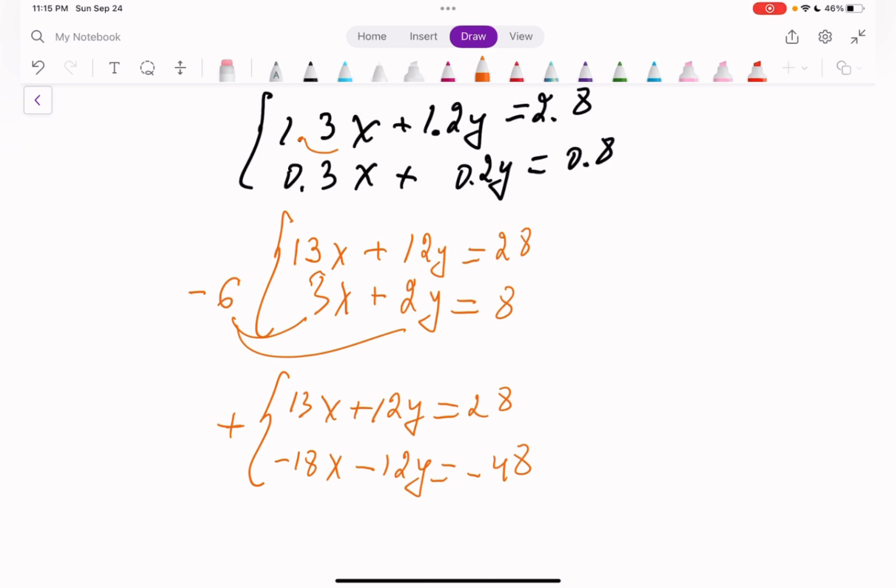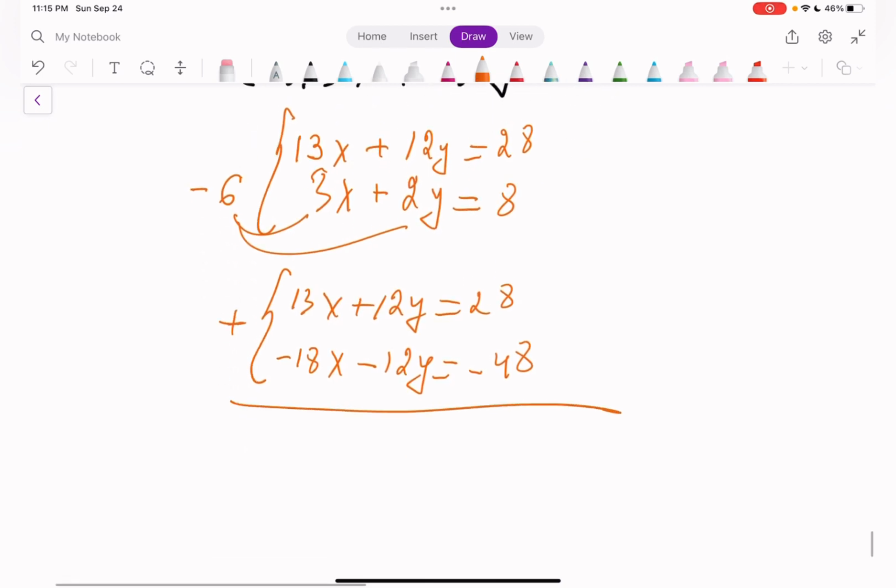All right, let's add it. This and this are gone. 13x minus 18x is going to be negative 5x. Here we get negative 48 plus 28. It's going to be negative 20, and x is equal to 4, right? Okay,